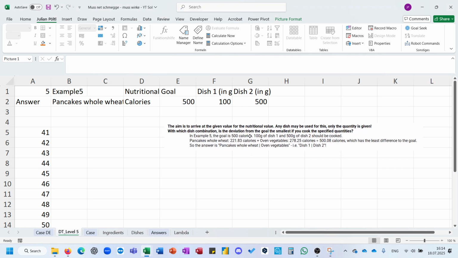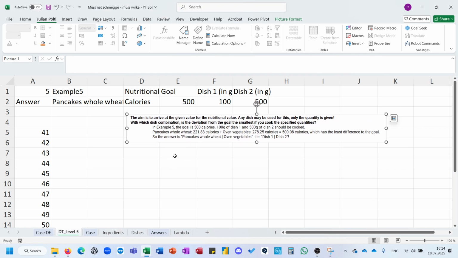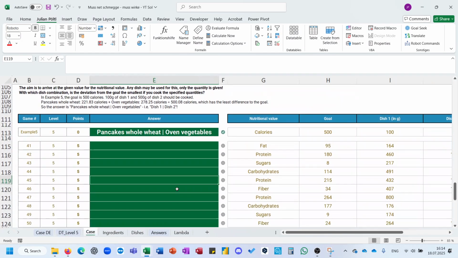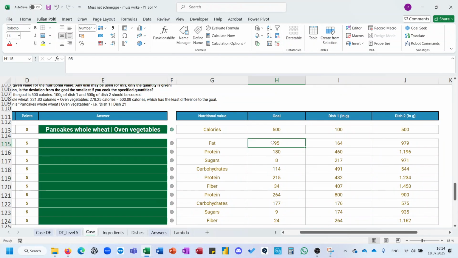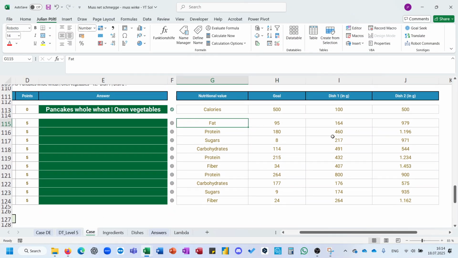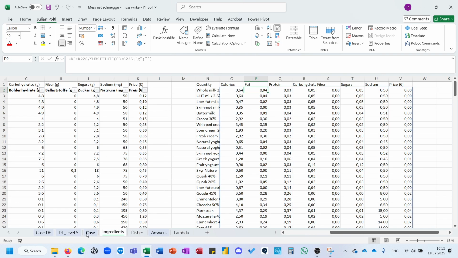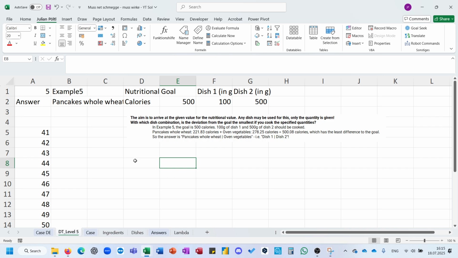Okay. So we want to have in total 500 calories. What is the input? Oh, or some sort of nutritional value based on 2 different dishes, and we want to know which dishes we're searching for. Okay, so